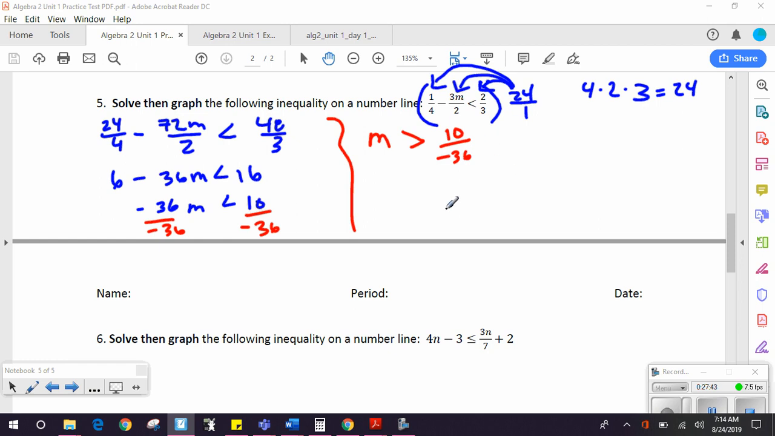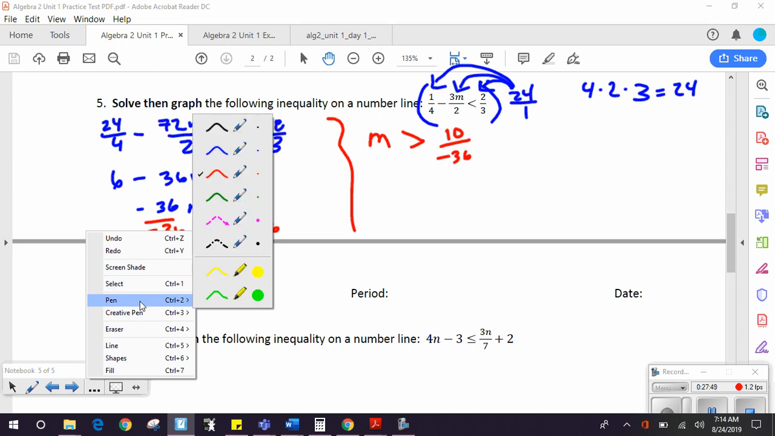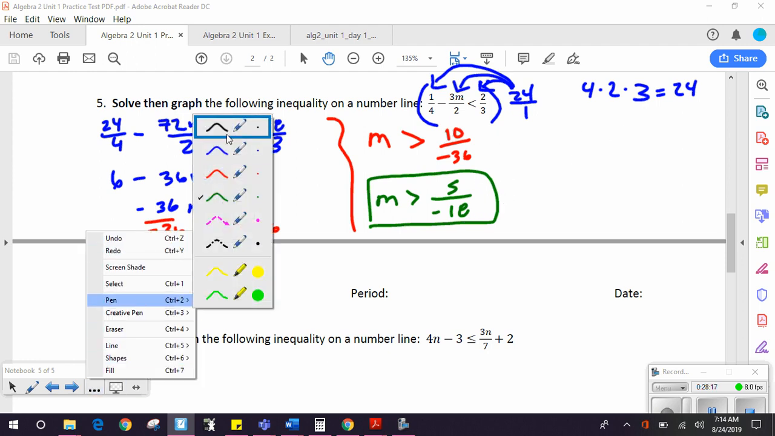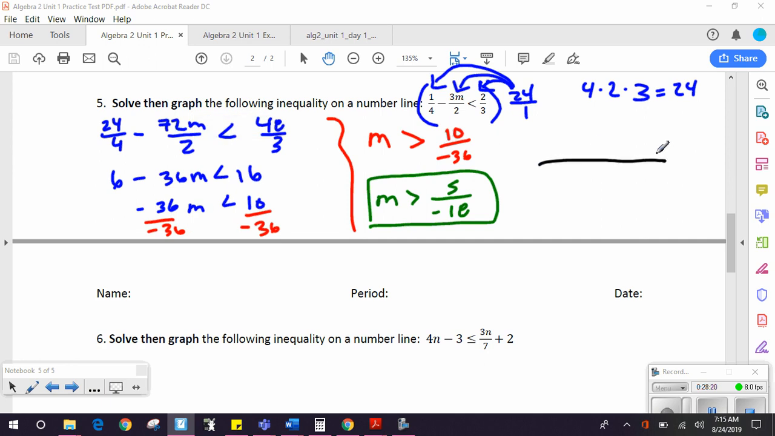But of course, we must reduce that. So I do know they're both even, which means they're divisible by 2. So when I divide 10 by 2, I would get 5. When I divide negative 36 by 2, I would get negative 18. So m is greater than negative 5 over 18. And to graph it, on a number line, draw your number line,